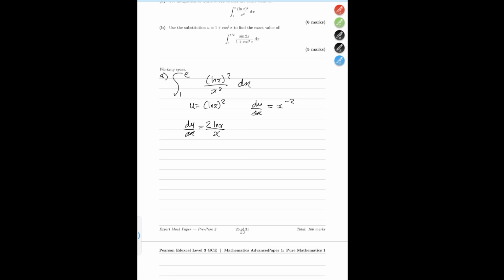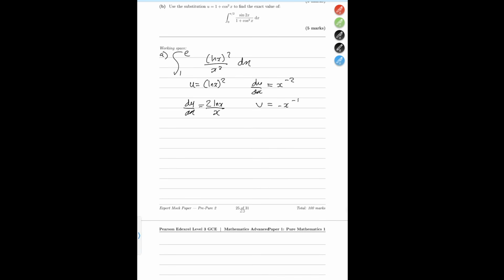Because we have to take the 2 to the outside, so it becomes 2 ln x, but we also have to multiply by the derivative of ln x. The derivative of ln x is 1 over x, so it becomes 2 ln x over x. If we integrate x to the minus 2, it will become minus x to the minus 1. So let's do our first integration by parts. It will become uv, which is (ln x) squared times minus x to the minus 1 between 1 and